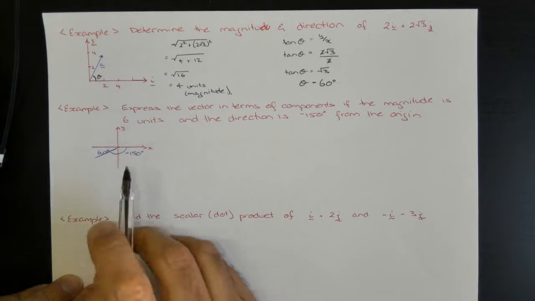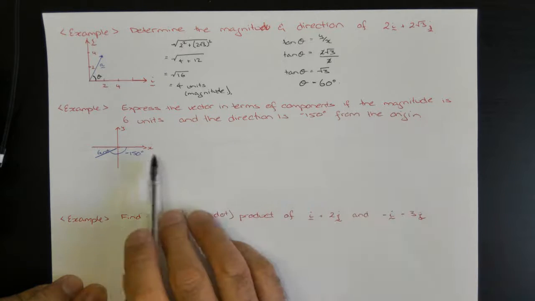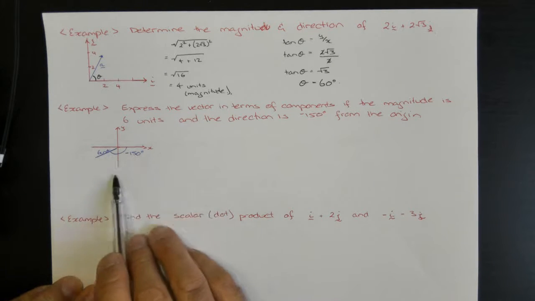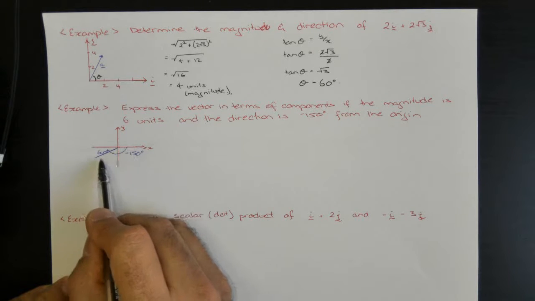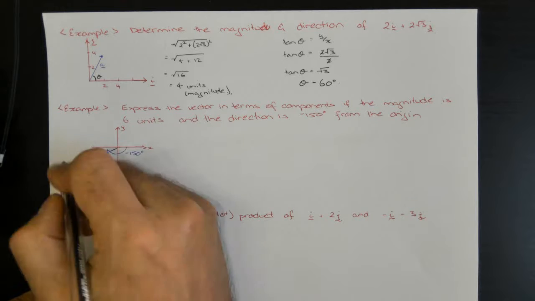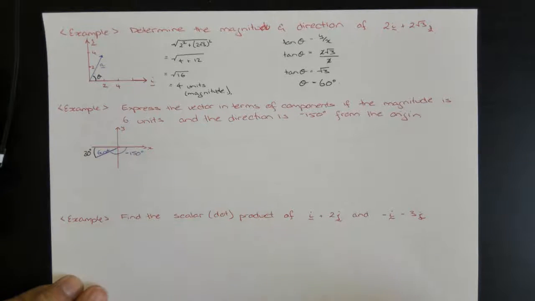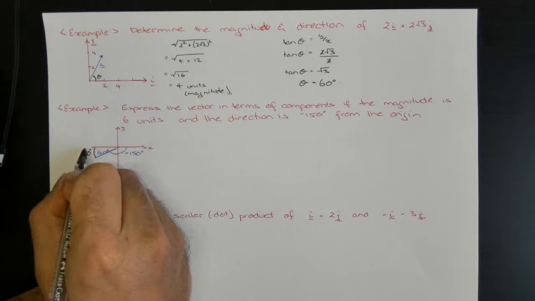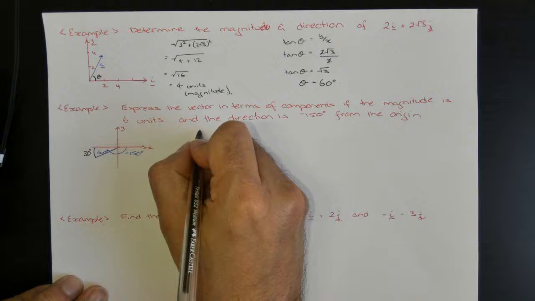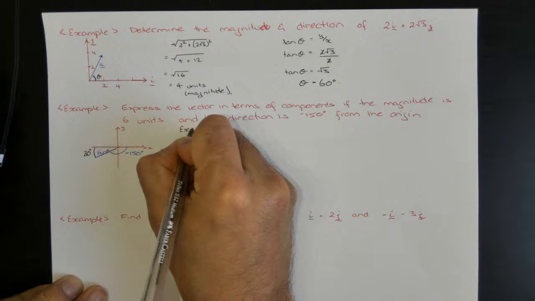Okay. So we're going to express the vector in terms of components if the magnitude is 6 units and the direction is negative 150 degrees. If the vector is going negative 150 degrees, that means that this angle here is 30 degrees. Okay, so we know that it's going in a negative i component way, so we're going to have a negative i. Now, using exact triangles,